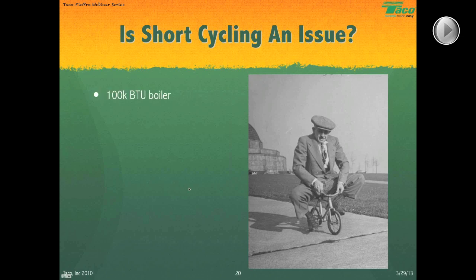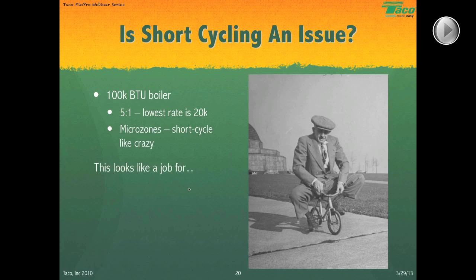Let's say we have a 100,000 BTU boiler. If it has a 5-to-1 turn down ratio, its lowest firing rate is 20,000 BTUs. Okay, it's still burning fuel at a rate of 20,000 BTUs. If you have a system with lots of small zones, or even a few small zones, called microzones, that thing's still going to short cycle like nuts. It's going to short cycle like crazy. And if you have a short cycling problem, well, this looks like a job for